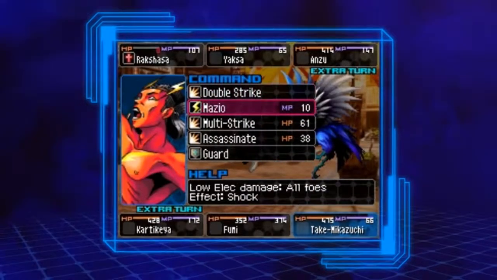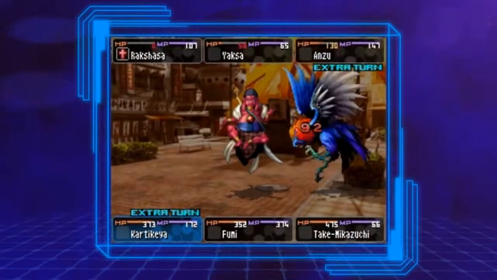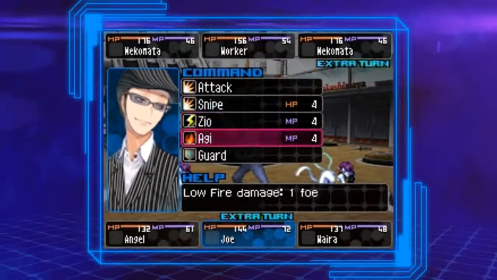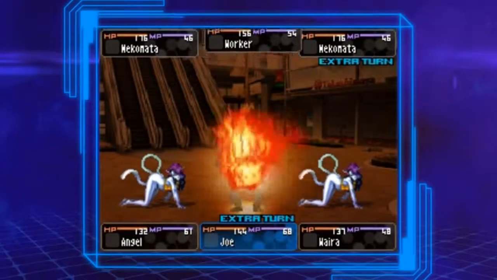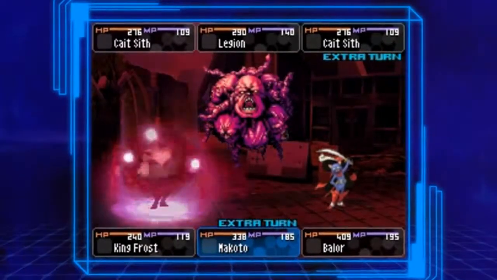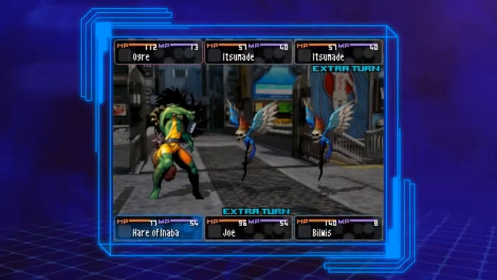The majority of the skills that players will learn and use fall into the category of battle skills. These can only be used during an encounter, and fall into the category of offensive spells. Spells like Agi will hit the opponent with fire magic, while Marin Karin charms your foes so they'll attack each other instead. Devil Survivor would not be an SMT game if it didn't include a high-risk, high-reward system for